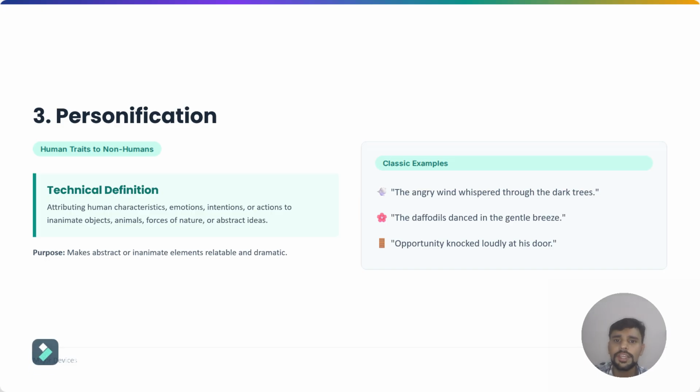This is why personification is so powerful. It converts something abstract or lifeless into something we can emotionally relate to. Think about everyday expressions. The sun smiled down on us. The computer refused to cooperate. The alarm screamed at me. My car doesn't want to start today. Technically, your car doesn't have intentions, but we naturally speak this way. Ask, is a non-human thing performing a distinctly human action or showing a human emotion? If yes, personification is a strong possibility.